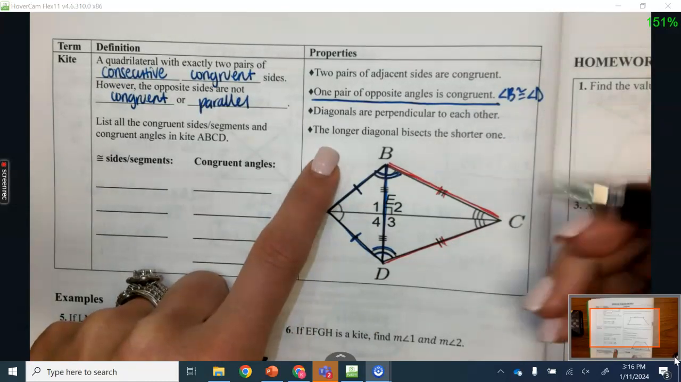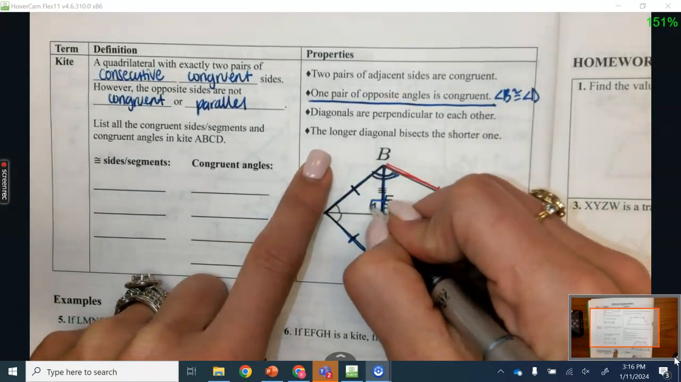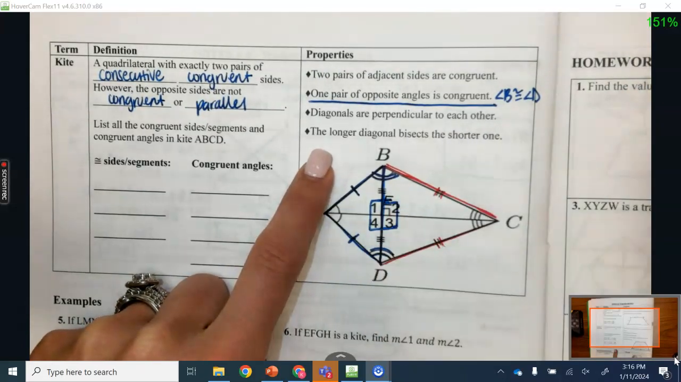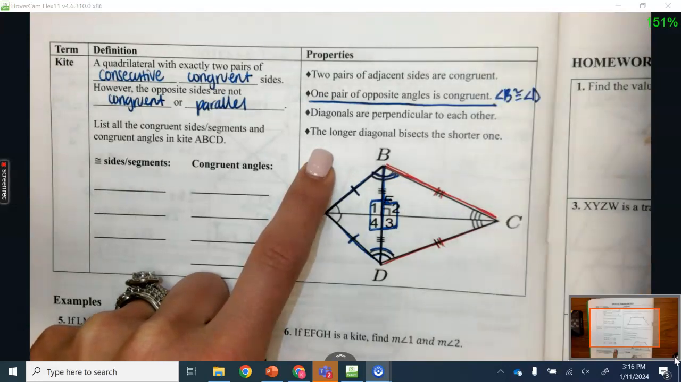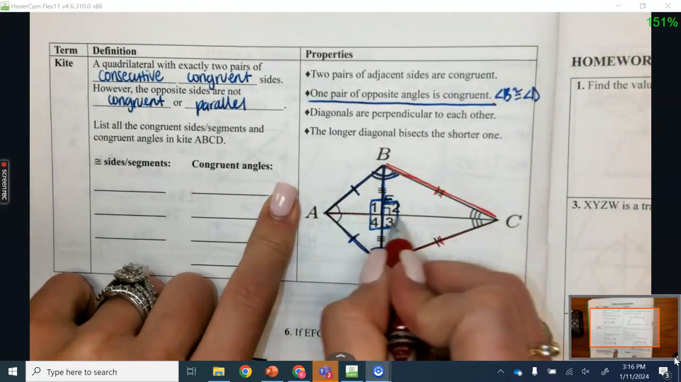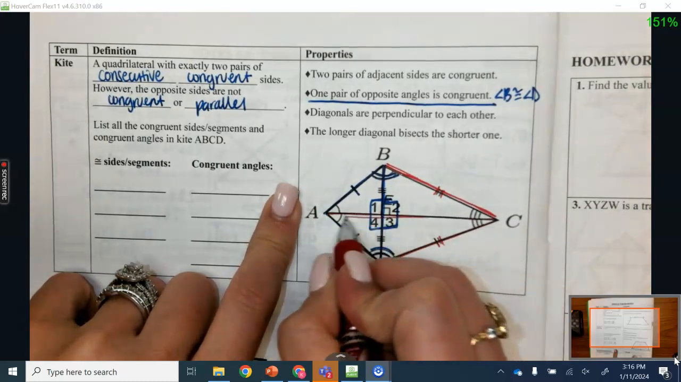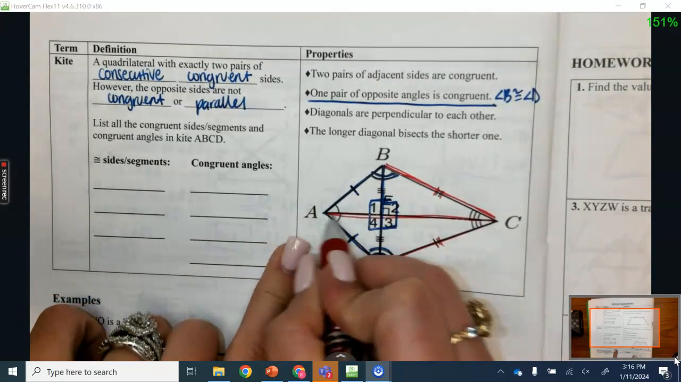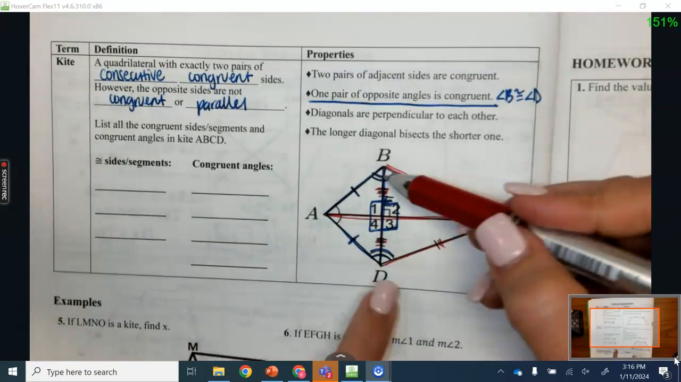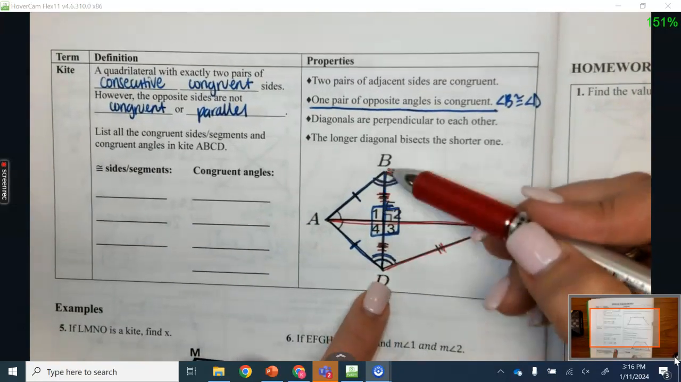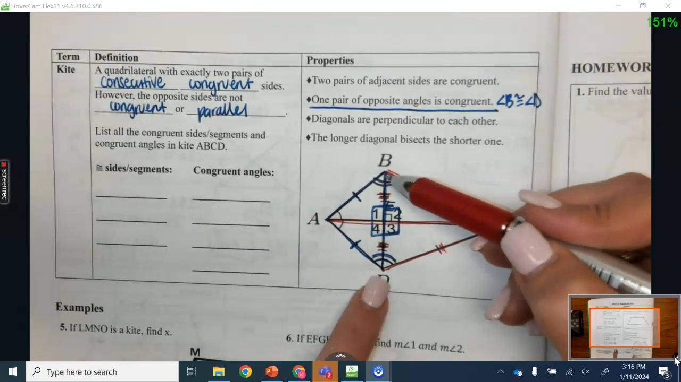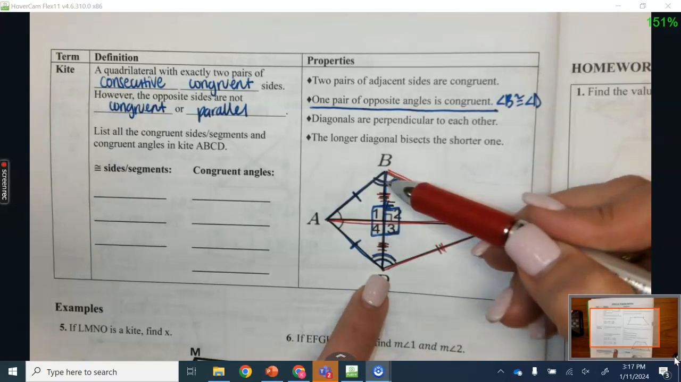Okay, diagonals are perpendicular to each other, so I have 4 right angles at the intersection of my diagonals. And the longer diagonal bisects the shorter one. So the diagonals aren't bisecting each other, but this longer diagonal is bisecting the shorter one. Okay, so there's a few things going on the short diagonal. The short diagonal has the pair of opposite angles that are congruent, and the short diagonal is getting cut in